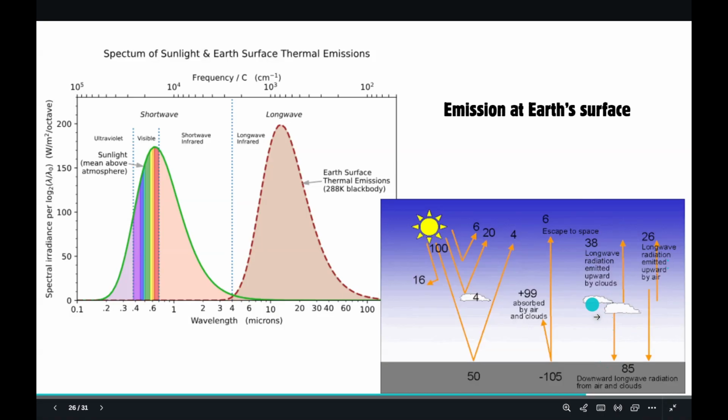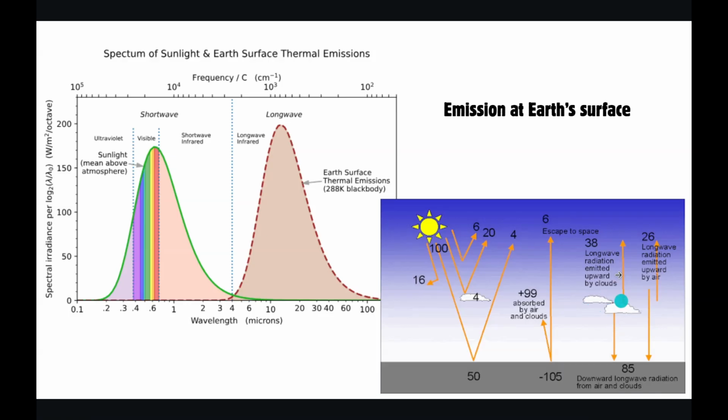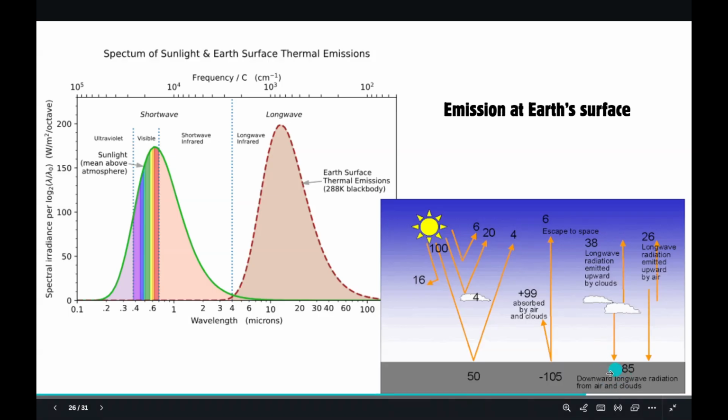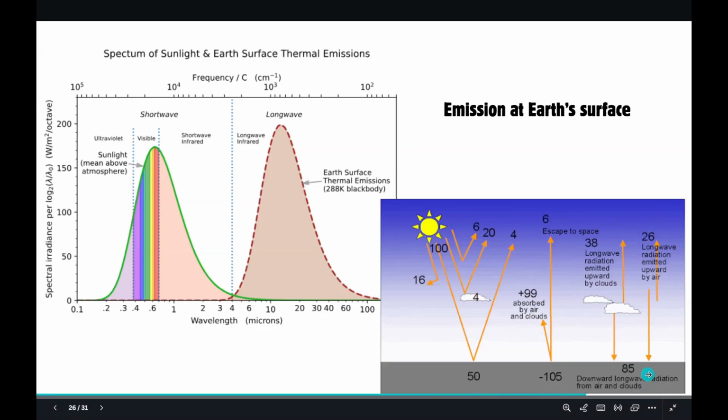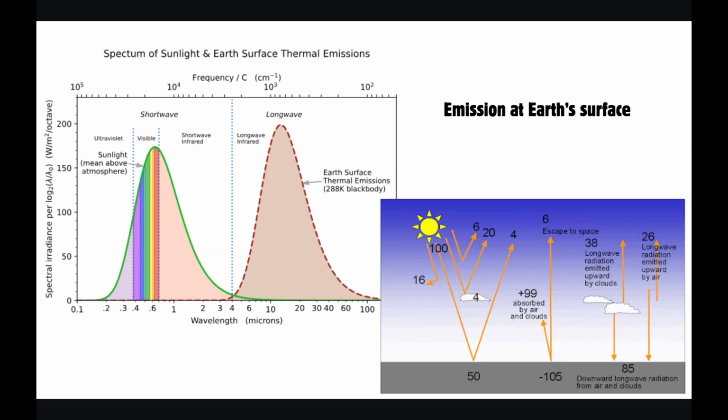Then again, here you see some radiation that is absorbed by the clouds. Around 38 of it goes back into outer space, and you have 85% that is directed back towards the planet's surface, and there again it gets absorbed. Again, that same cycle of emission and so on. Here you see the atmospheric gases are also releasing 26 units of this long wave radiation. Some of it gets directed towards outer space, some of it goes again into absorption. So this multiple pathways, you have to keep an understanding of this.